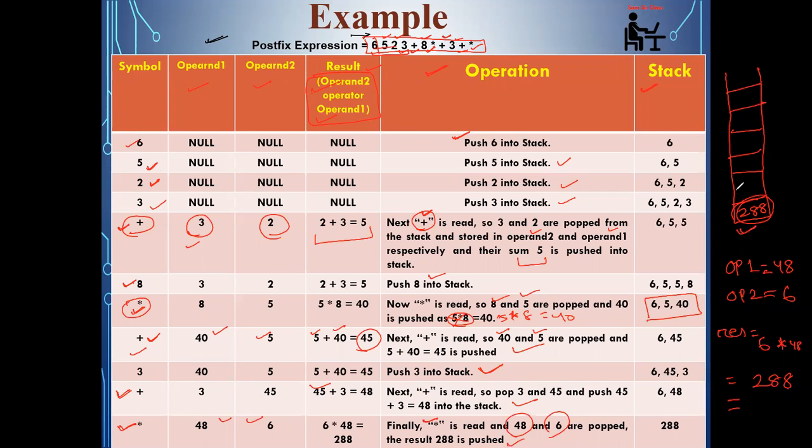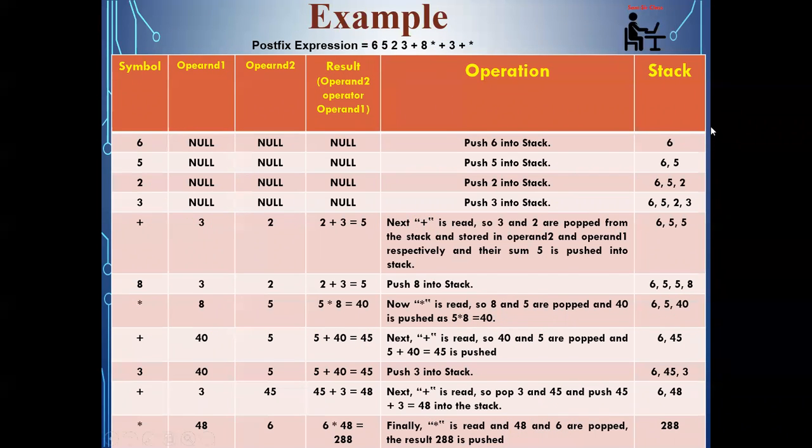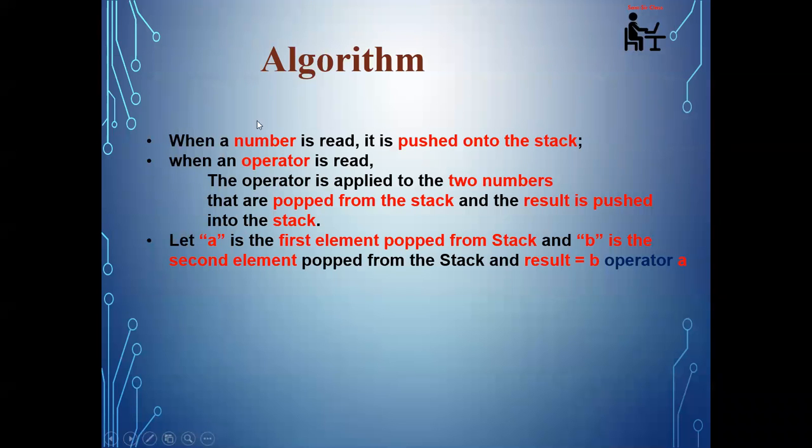Okay, so I hope everyone has understood the procedure, what we are doing whenever we evaluate a postfix expression. Okay, so in brief, this is what the algorithm is all about. Now, during the scanning or reading process, if you are reading a number, then directly push it into the stack because that is one operand. But the problem will come whenever you are reading an operator. So whenever you read an operator, you have to apply the pop operation for two values. Clear? Now both the values will be popped from the stack and the result is pushed into the stack.